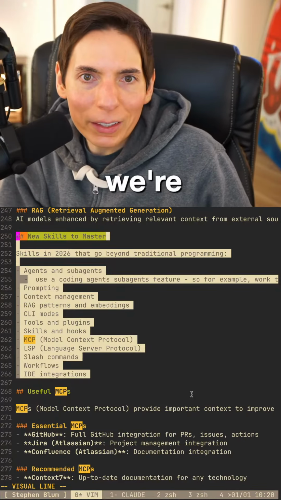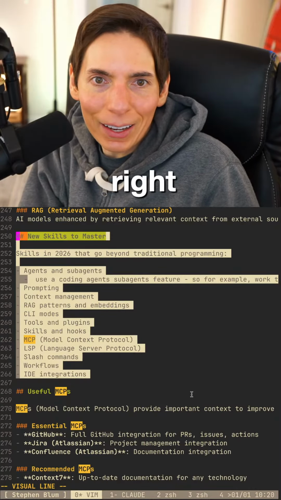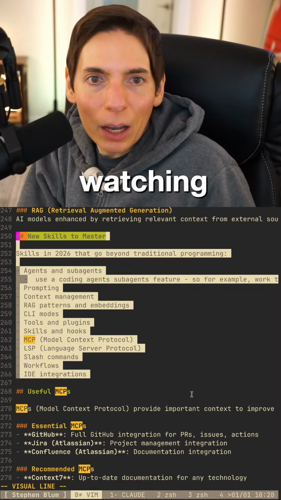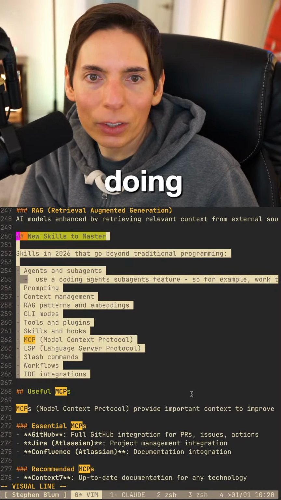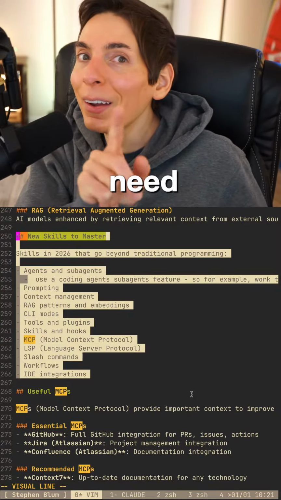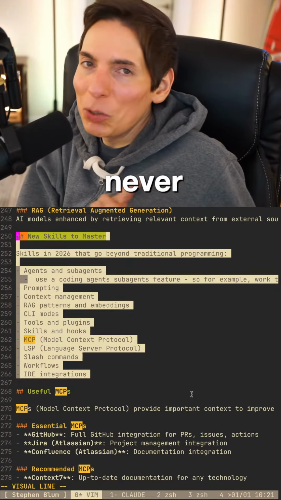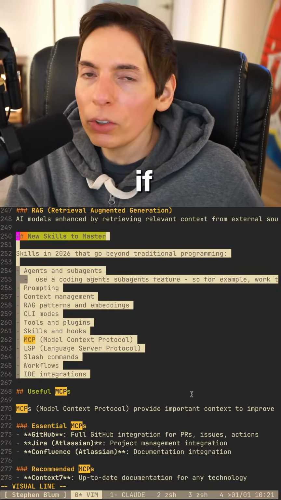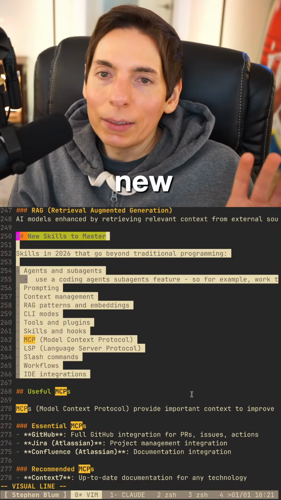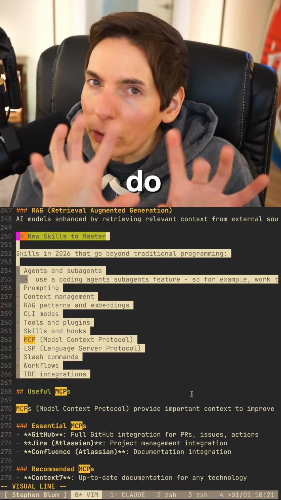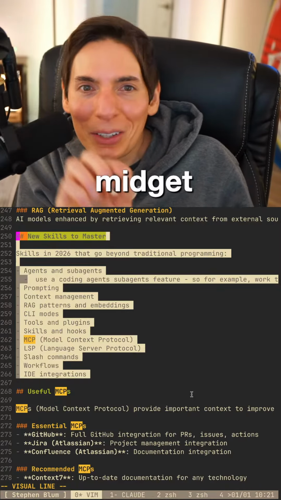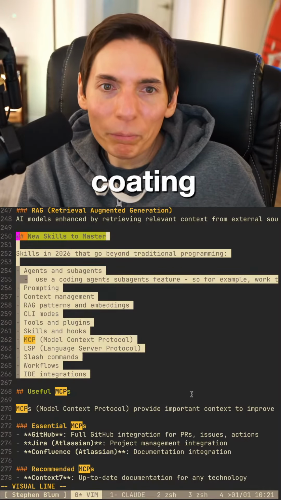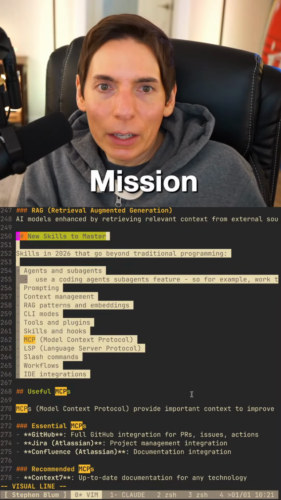We're the anomaly. Skip that one, right? The AI guy is watching. Yeah, but if you're doing something new, you're going to find that doing old patterns is not what you need. That's a good point, Neva. If you're doing something novel and new, then you might need to do a little bit of manual coding. Maybe just a smidgen of manual coding.